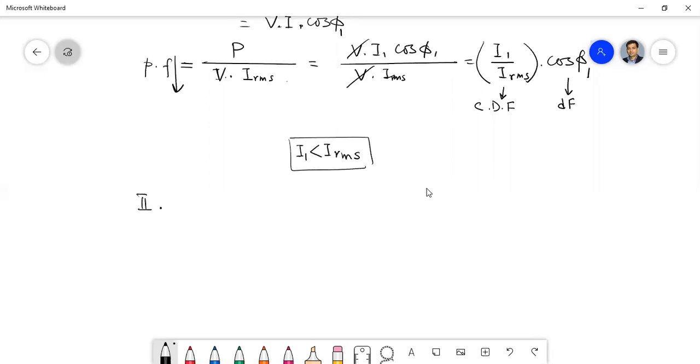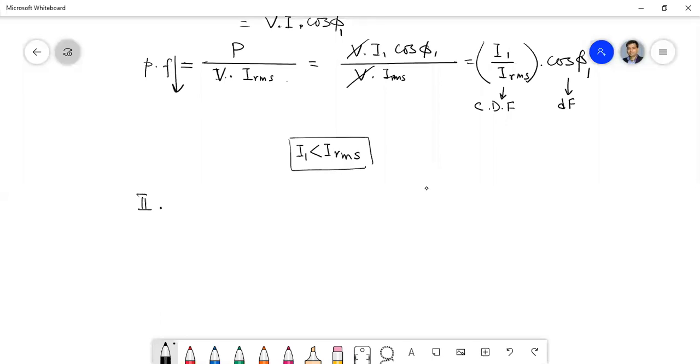Now, bus voltage means that voltage which is incoming. That means the Vm sin omega t itself. So, in the first point, we have assumed that the bus voltage is sinusoidal. Now we are saying that the bus voltage will also be distorted. Distorted means it no longer remains sinusoidal.